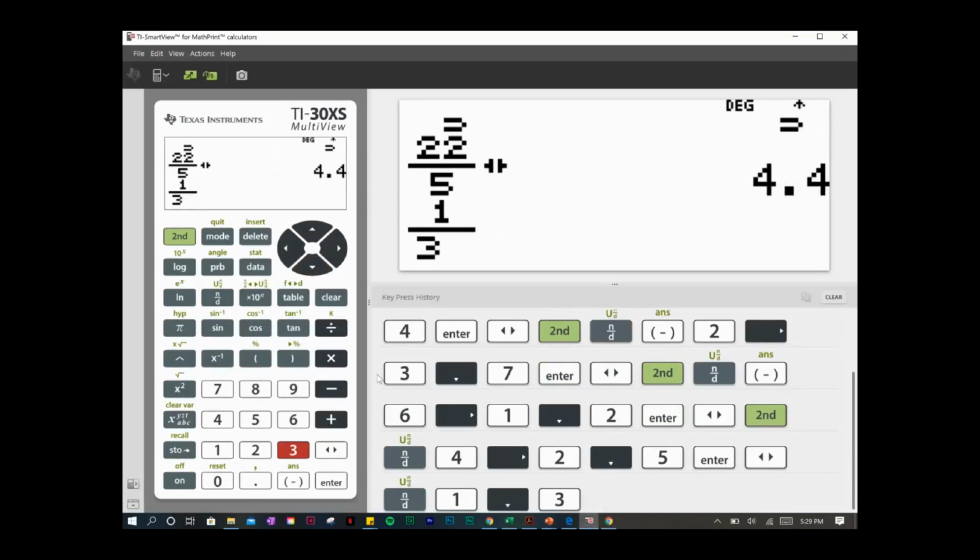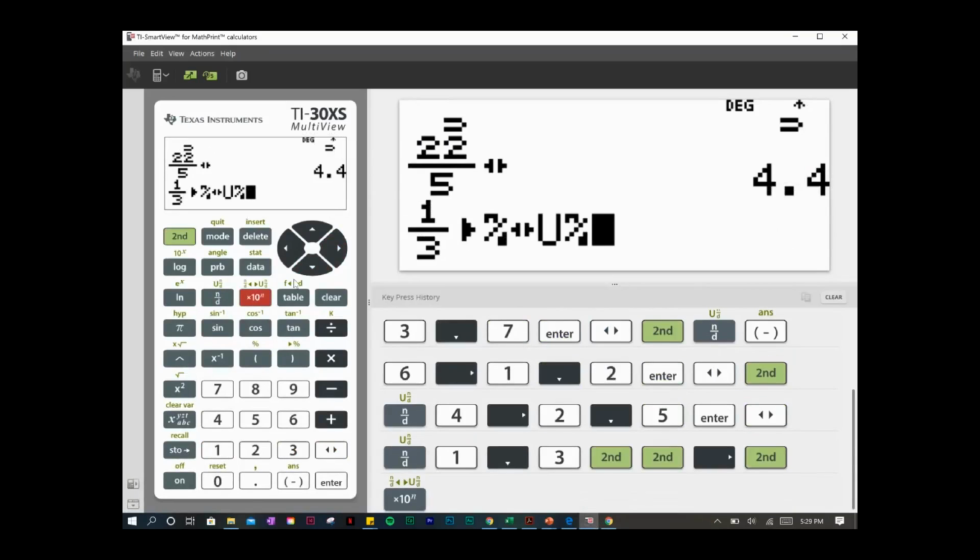Now to see if this goes to a mixed number, we got to first do the right arrow to get out of the denominator. Then we're going to hit the second button, and then this one next to the fraction button that says times 10 to the nth power, and it brings up where it says that we're changing it from a fraction to a mixed number. Hit enter. Now 1/3 does not go to a mixed number, so we leave it as 1/3,